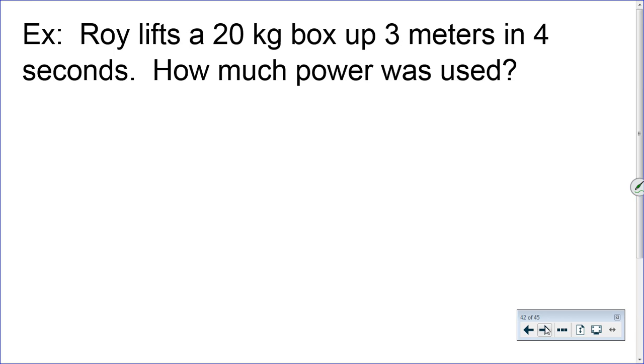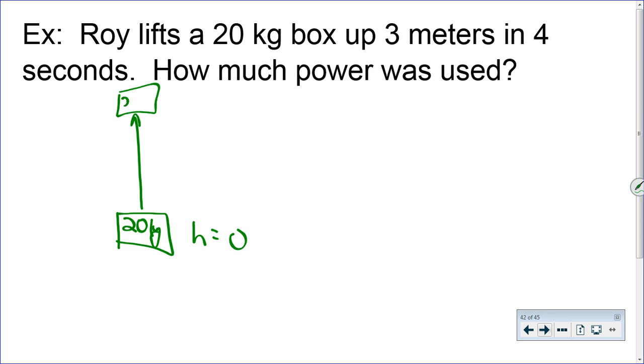So here we go. Roy lifts a 20 kilogram box up 3 meters in 4 seconds. So here's our 20 kilogram thing. It starts, we'll assume, at a height of 0. We're going to lift it up. Now the height is 3 meters, and this took a time of 4 seconds. As we usually do when we lift an object, we can assume that it starts and ends at rest, right? So, to find the power, average power, I guess I should specify,